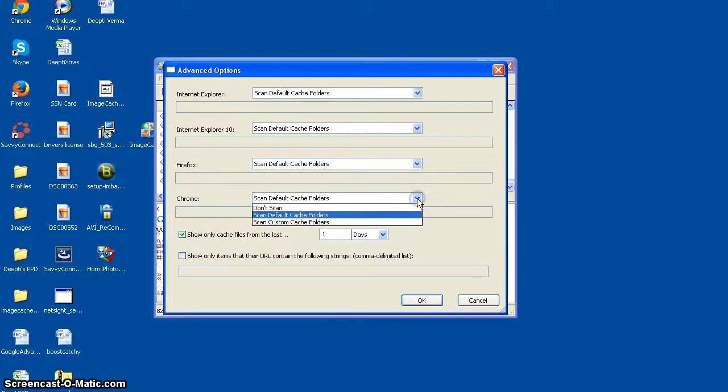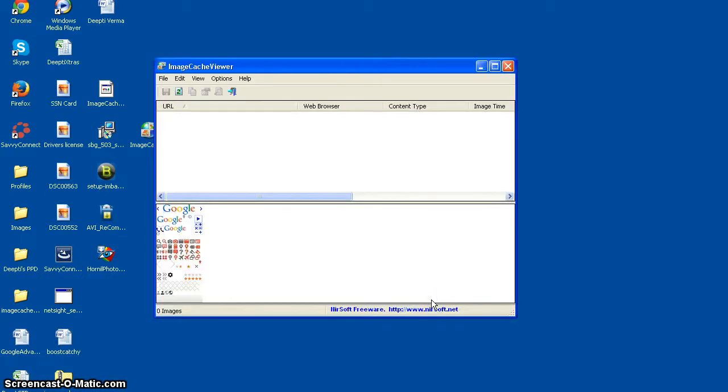Let's say you want to cache Chrome. You can say show only items whose URL contains the following strings, as a comma delimited list. So you can filter it like that, and it will cache all the images.